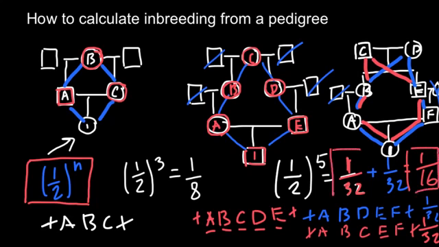This is our answer for the second example and for the first example. And as you see, here we have 2 common ancestors. We can make 2 pathways. That's why we use the rule of addition here. Once again, here we have half brother and half sister, and here we have half first cousins, and in the last example we have 2 full cousins, and here would be